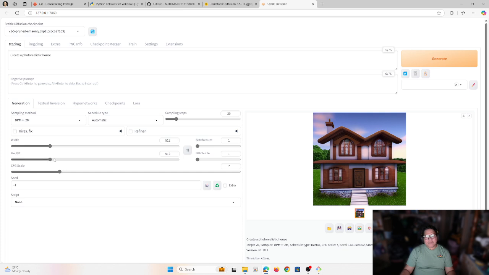Okay. So right now, it's loading fast for me because I do have a, not a good, but rather an entry level GPU. When you're using Stable Diffusion, it's recommended to use a GPU instead of a CPU.